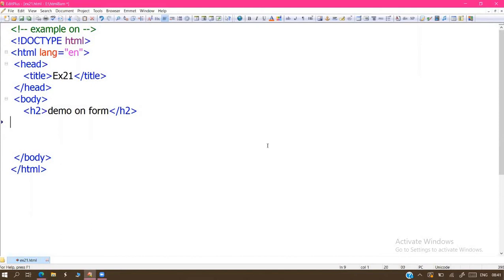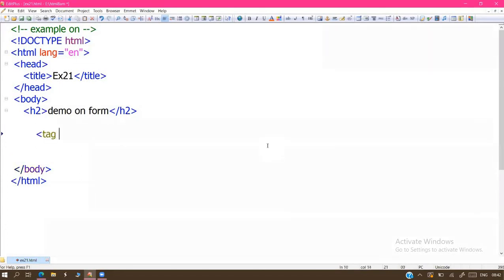Sir, can you show us an example? First, you have to write the CSS code. First, we have to design the CSS classes. After developing the CSS classes, we call those classes from our tag by using the class attribute.